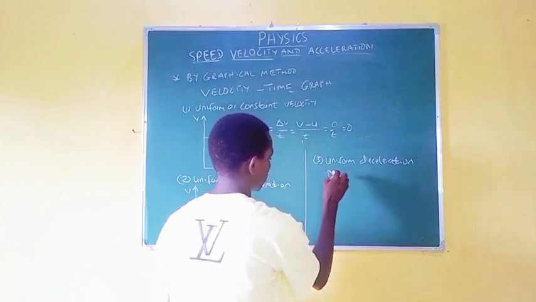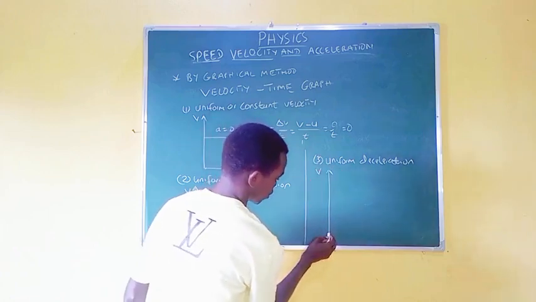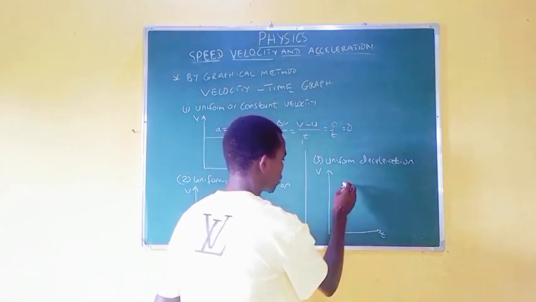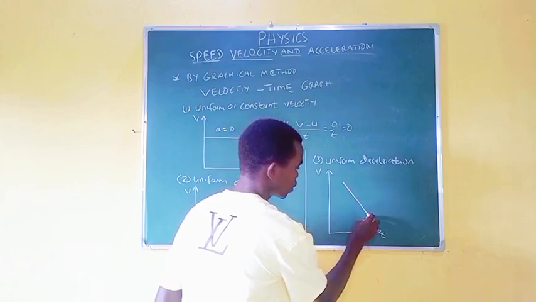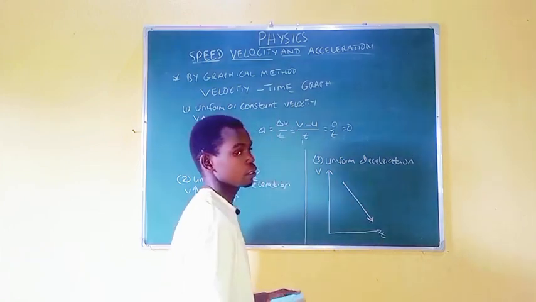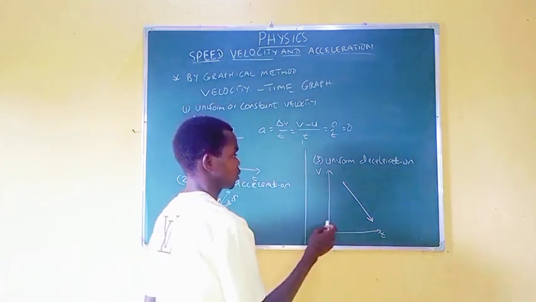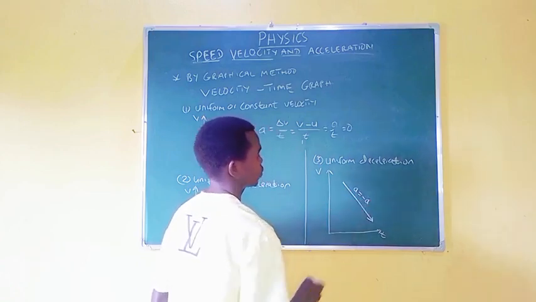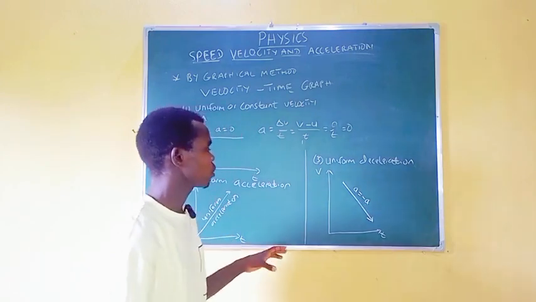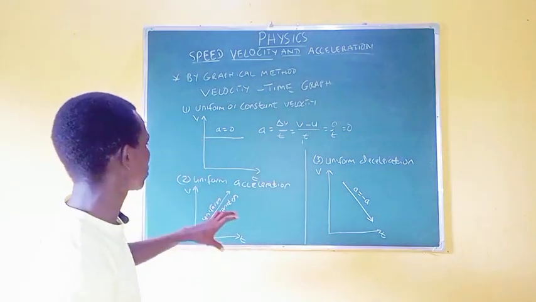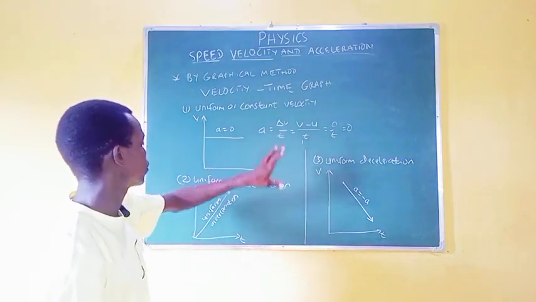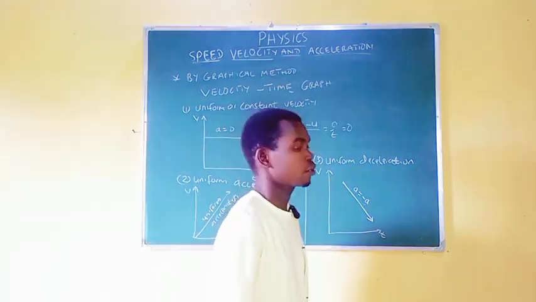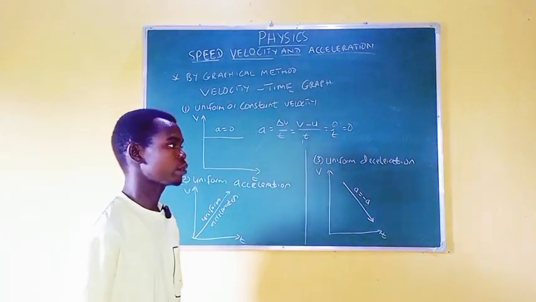The vertical axis is velocity, and the horizontal axis is time. The decrease in velocity from the highest to the lowest velocity represents deceleration or retardation, where acceleration is equal to negative acceleration. And if we are to draw these three motions, the uniform or constant velocity, the uniform acceleration, and uniform deceleration on a velocity diagram, we have